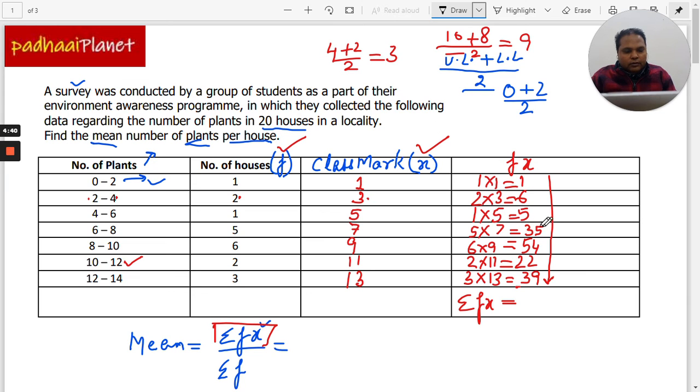So this is like 7, 5, 12, 47, 47 and 54. So that's like 101 and 123 and 39. So I'm just going to add it here. It's getting a little difficult, right? So that we don't commit any mistake. And this is 6. So okay, this comes to 162. So that's the sigma fx.